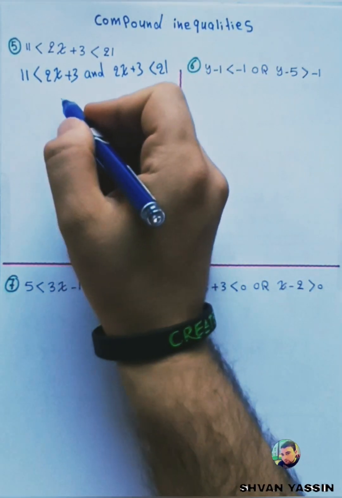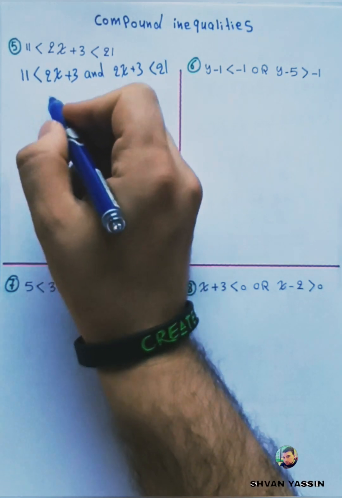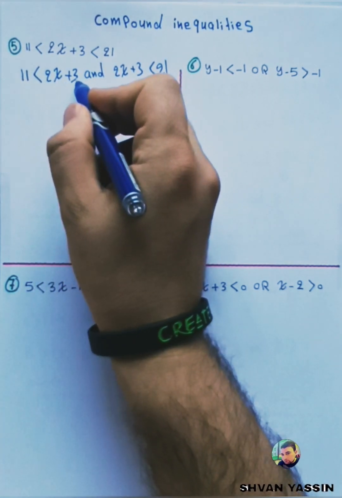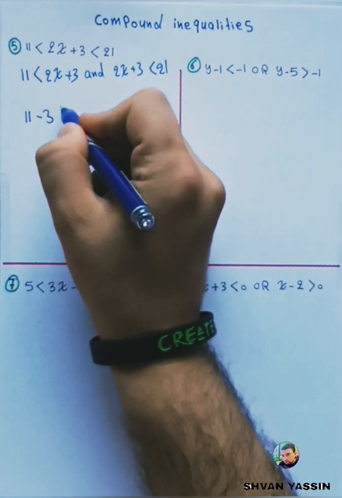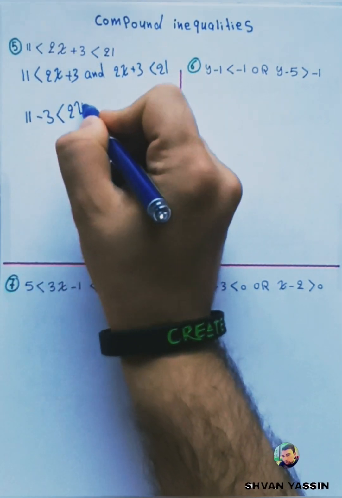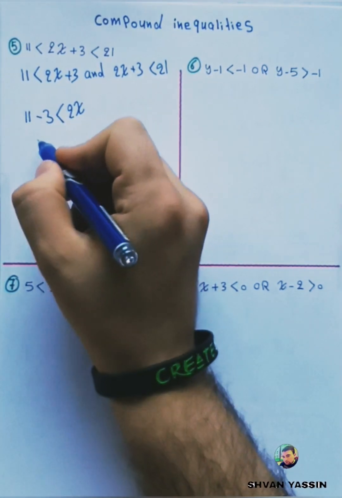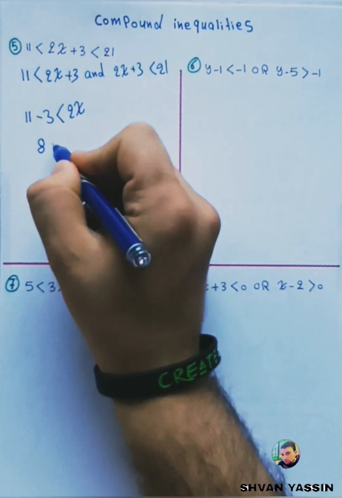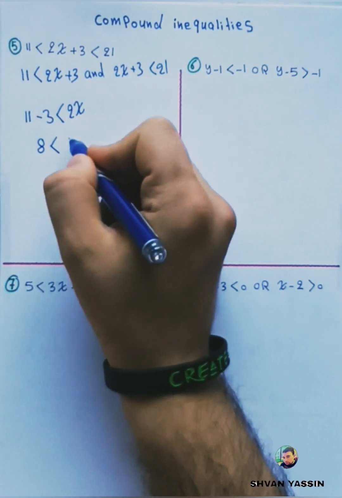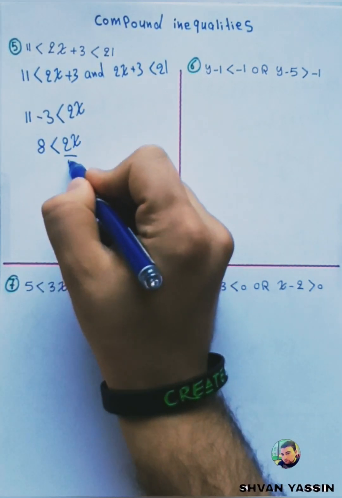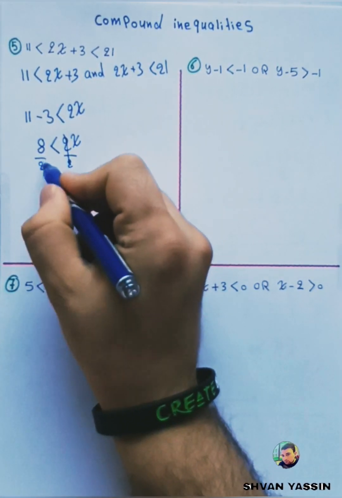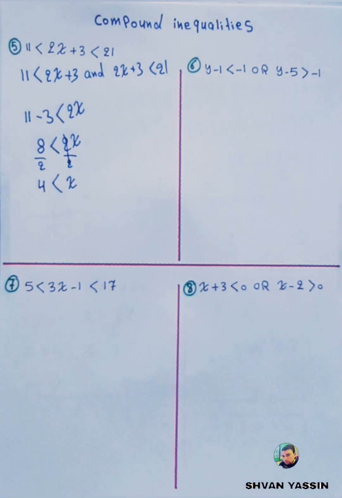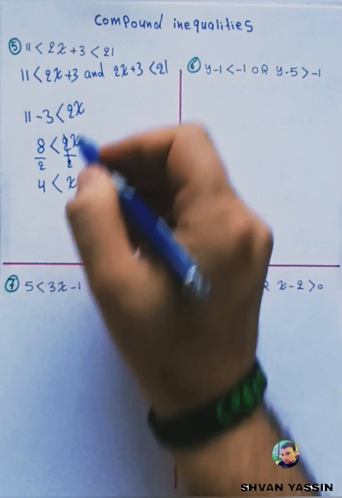After that, you have to solve each inequality apart, so we can move the positive 3 to the left side. So we have 11 minus 3 is less than 2x. 11 minus 3 is 8, is less than 2x. After that, you have to divide both sides by 2. So these two 2's are cancelled. X is greater than 8 divided by 2 is 4. So x is greater than 4, and